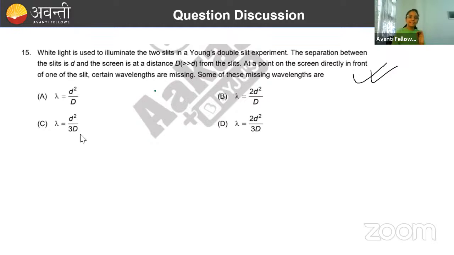So you just need to use your basics of wave optics. Again, this was not a too lengthy question, you only needed to be very much confident about wave optics. So what the question is,